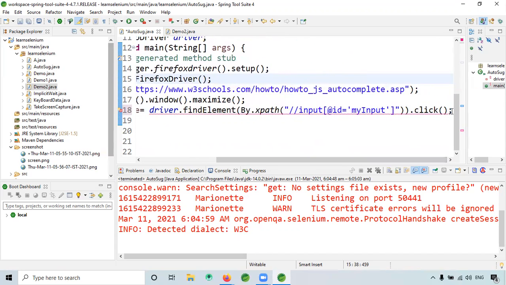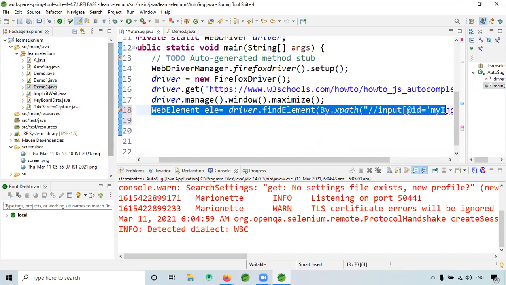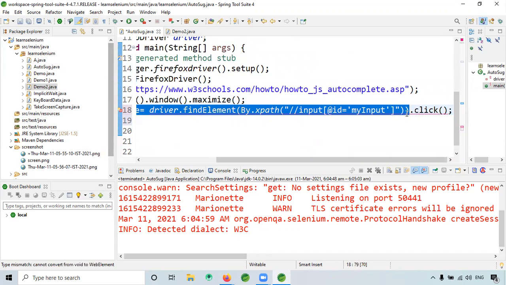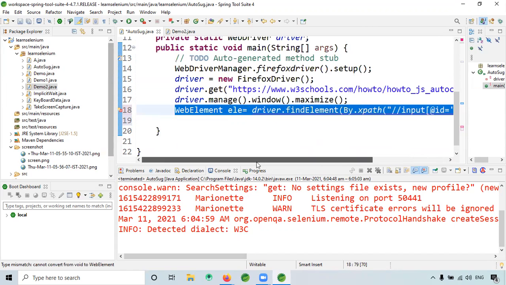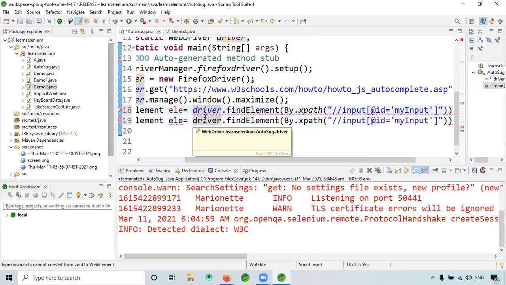So I will do one thing. I will go to another line, and ele dot click. We'll copy till here, I will paste, and I will remove this line.